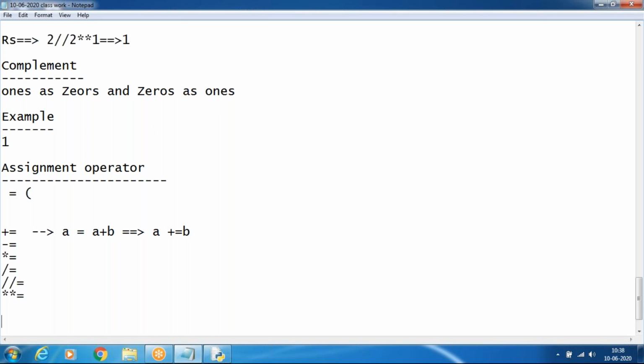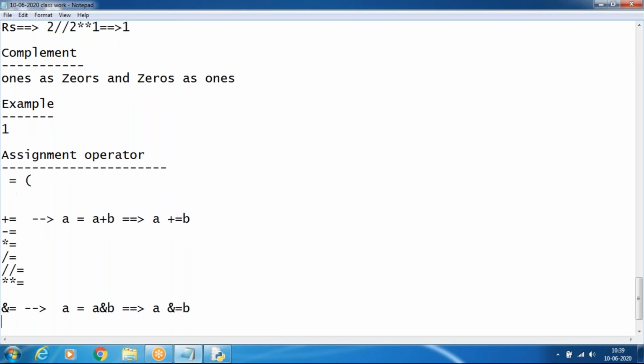You can write a equals a and b as a and equals b. Similarly, with the or operator, a equals a or b becomes a or equals b.